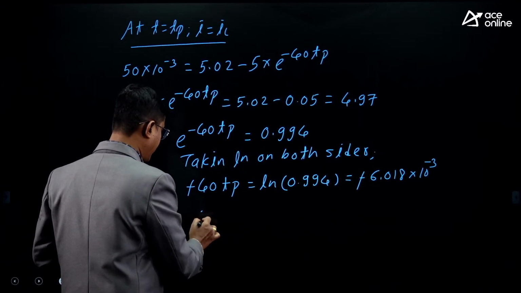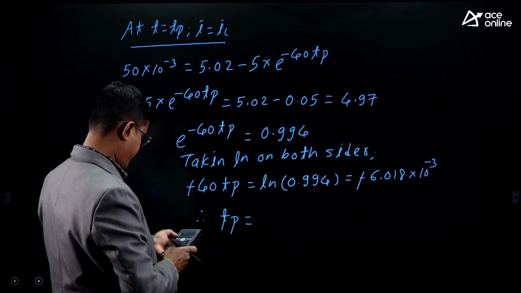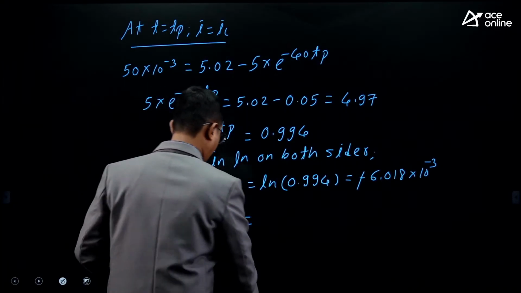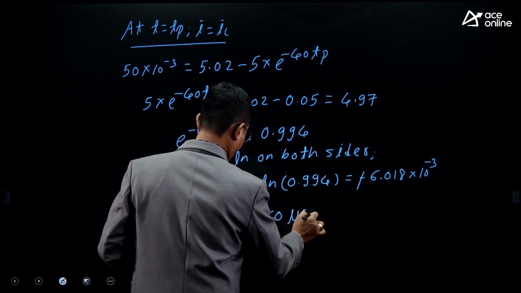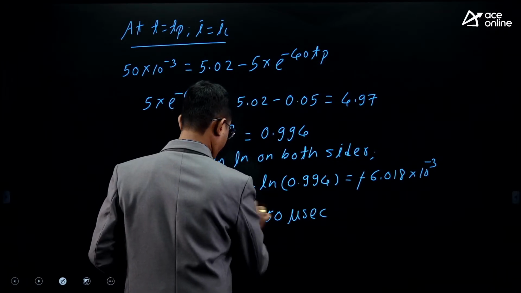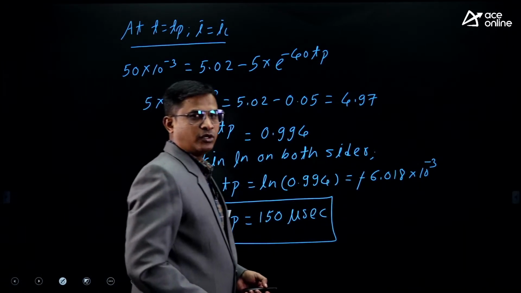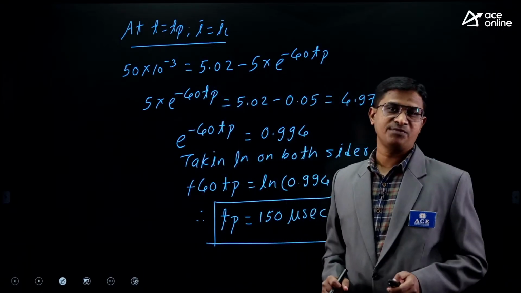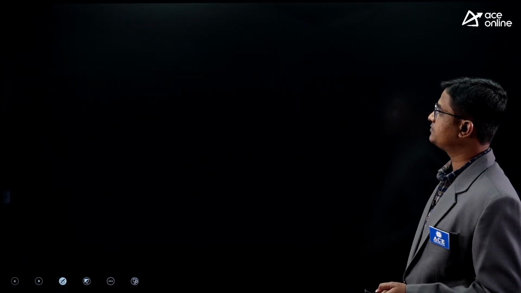So what is Tp? From this we can find Tp. It is 150 microsecond. Alright, 150 microsecond. So like this you need to simplify, right? Yeah. Next,